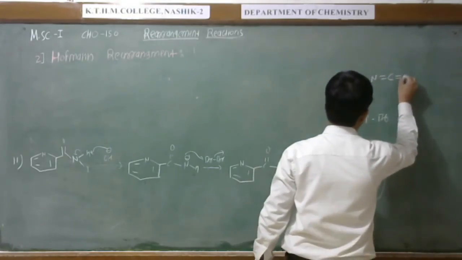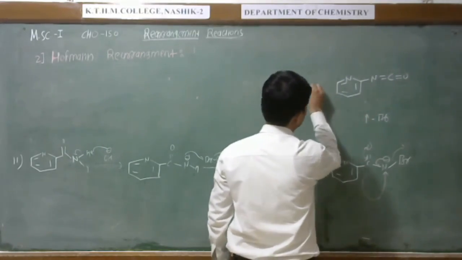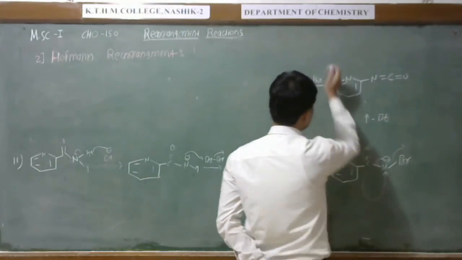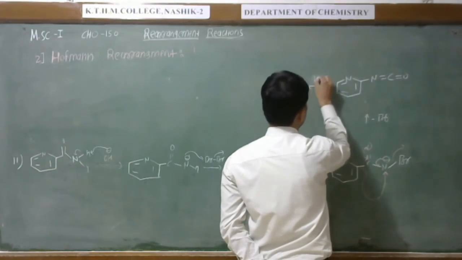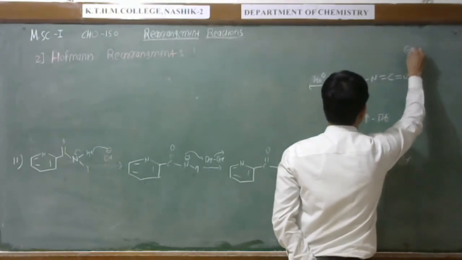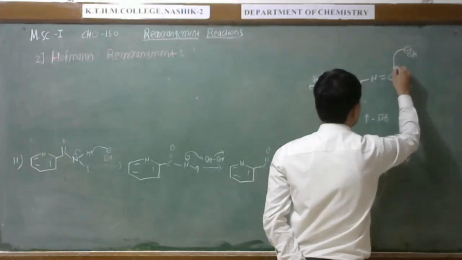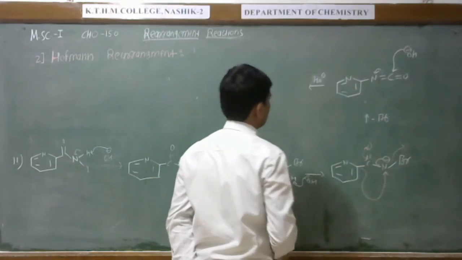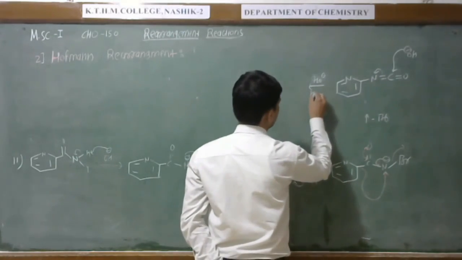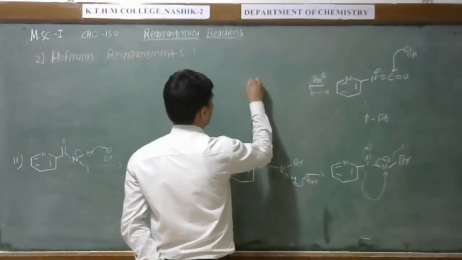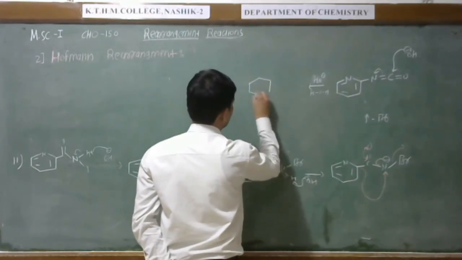So when this isocyanate reacts with water, or with the hydroxyl group, see here, this hydroxyl group will attack this carbon. This bond will open here, and this negative charge takes hydrogen from the water, and we got here